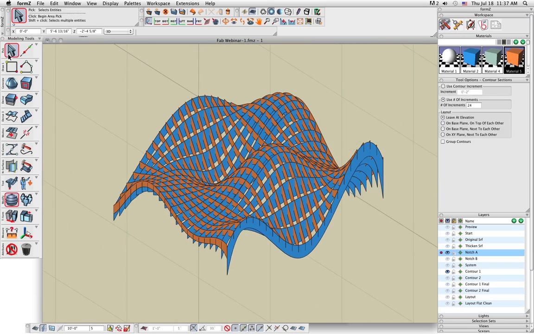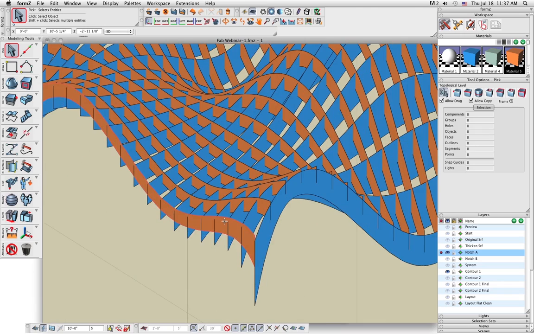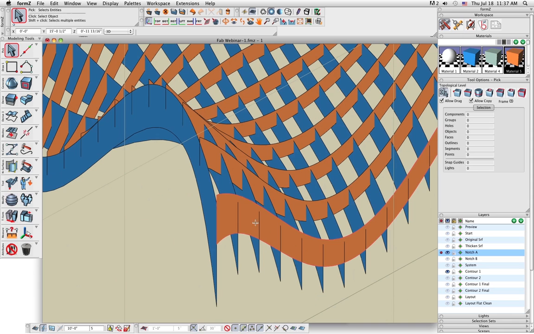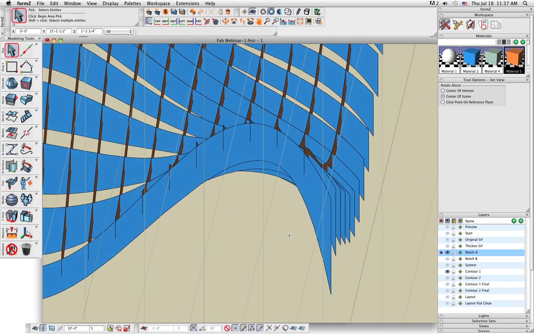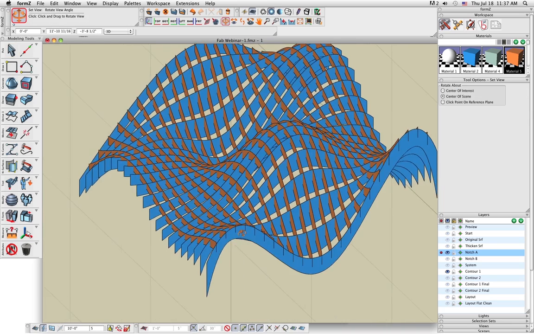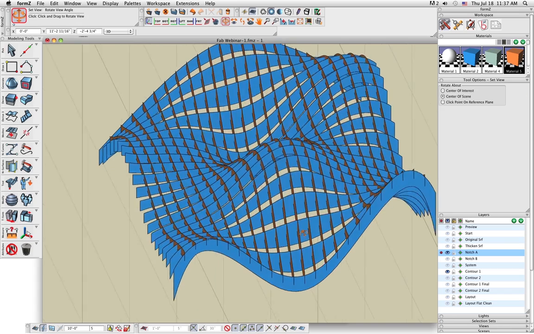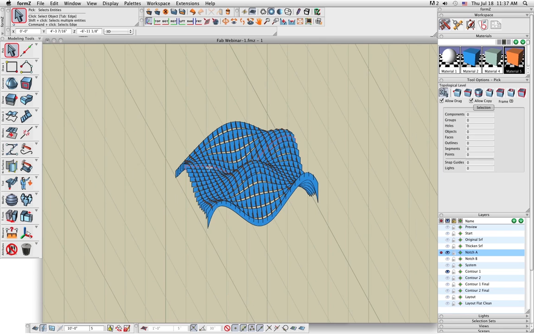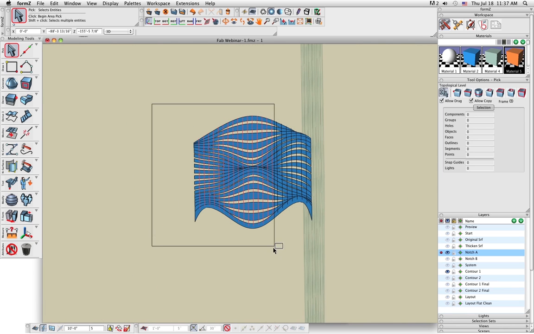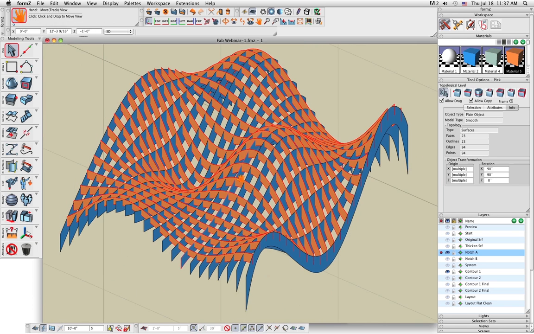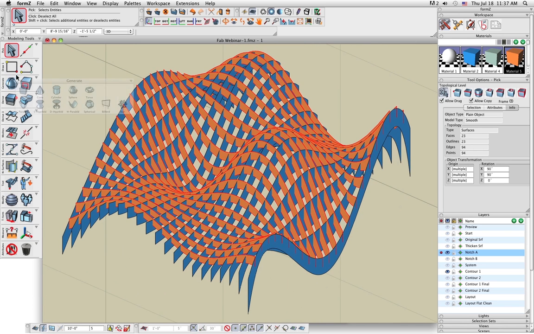So the next thing I do, I don't need the first or the last of our notch contours, because if we create a notch at the very ends, there's nothing to put next to it. There's nothing for it to connect to. So we delete the first and the last, and next we're going to thicken our notch contours. So I'm going to select all my notch contours, and I'm going to use the thicken tool again,